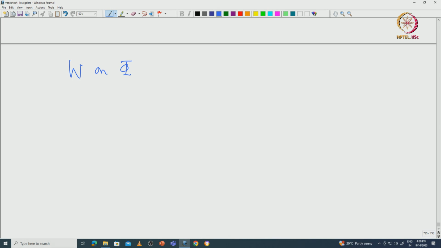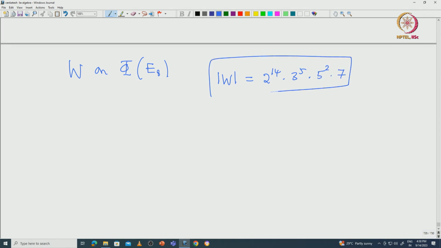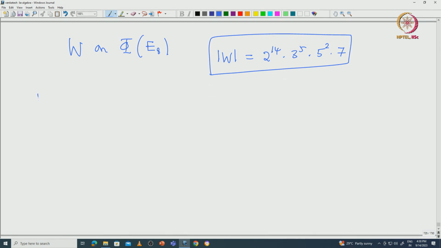For example, you can prove that the Weyl group of this phi of E8 has exactly cardinality 2^14 times 3^5 times 5^2 times 7. So, this is the cardinality of the E8 Weyl group. Okay. Now, what is type